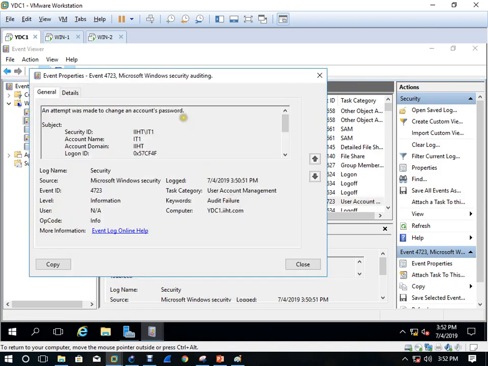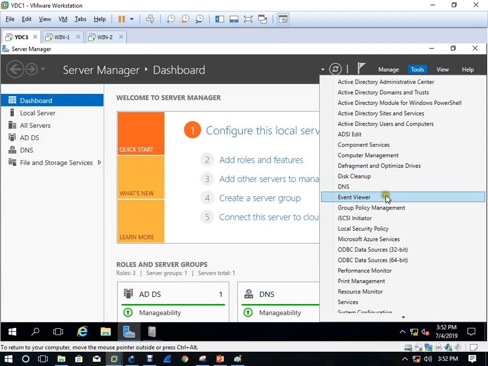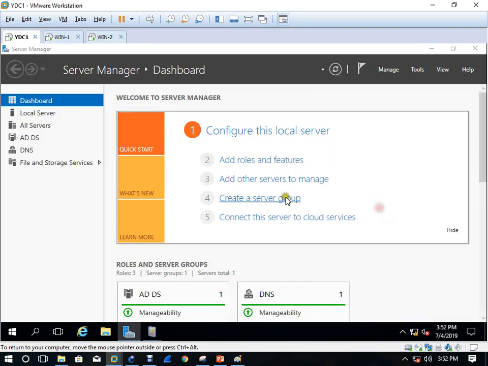Now it is saying who was the user: IT1, and he tried to change the password and was not able to change the password. And what is that? User account management. Why? Because if you come here to our group policy,